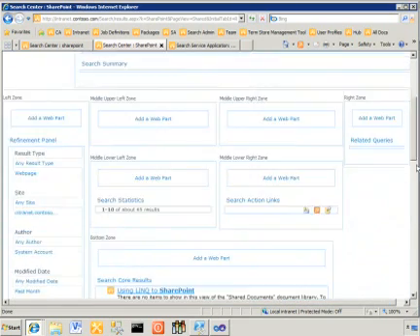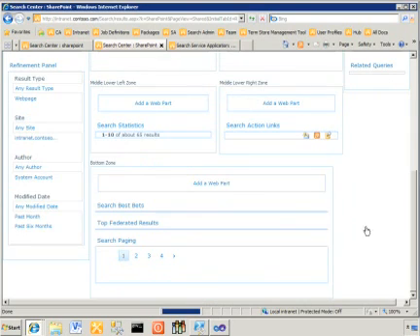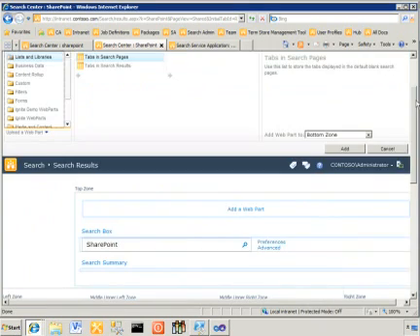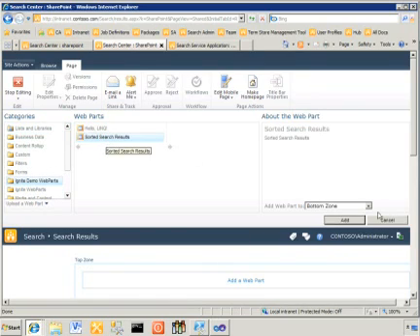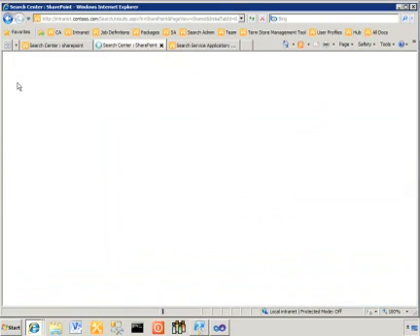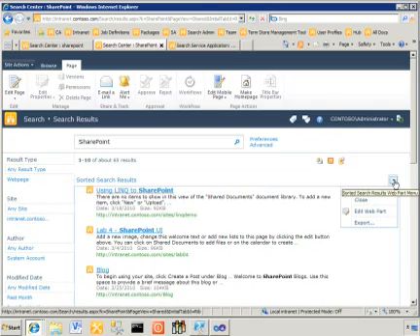and we want to go ahead and remove this web part here. And then we want to go ahead and add a web part. Scroll up here. And there's our sorted search results web part that we'll add. And then we can just stop editing. Now, you notice it's not very impressive, nothing's really changed, but what we can do is go in here and